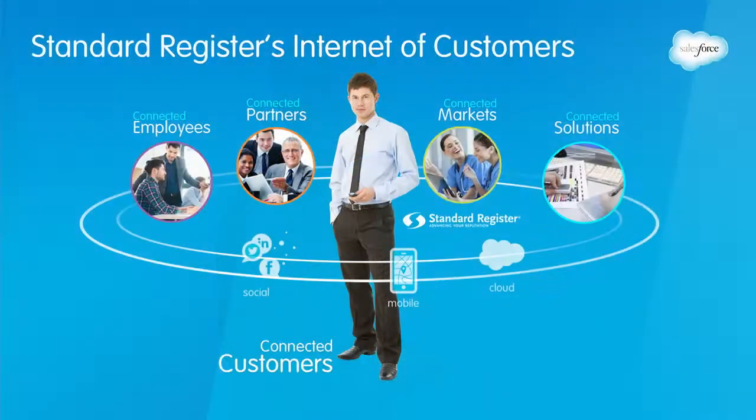Well, Standard Register is a 101-year-old company, and we're focused on the customer experience. We're an innovative company. We have 890 patents, and that's enabled us to deliver products, solutions, and services for on-demand and offline marketing communications to the healthcare industry, finance, insurance, and manufacturing. So tell us a little bit about your role. What do you do at Standard Register?